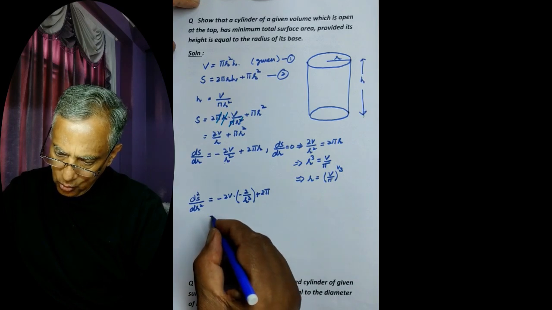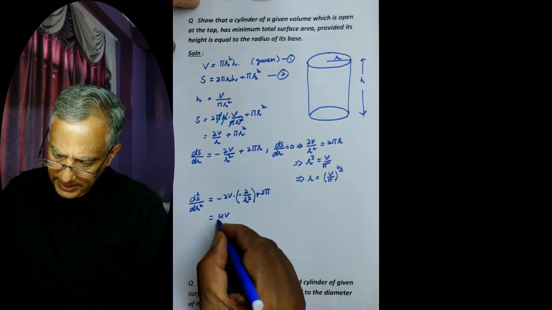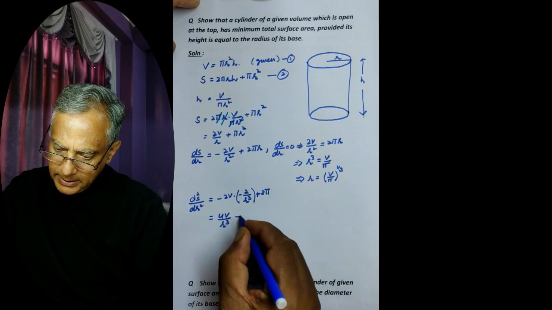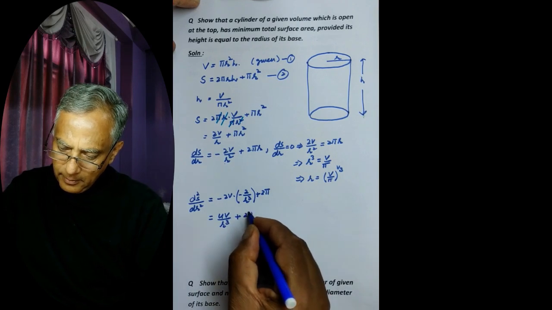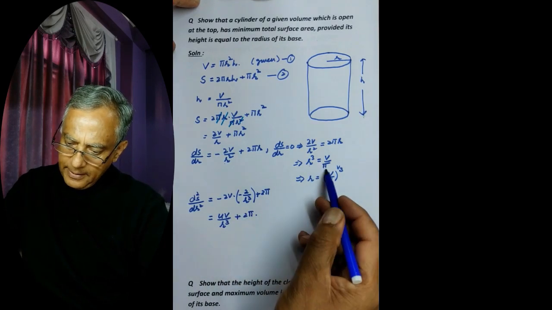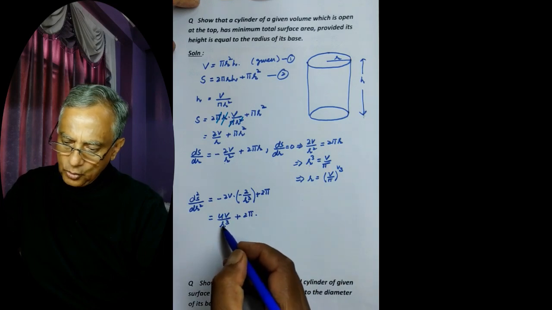This is equal to 4V by R cube plus 2 pi, but R cube is V by pi, so this is